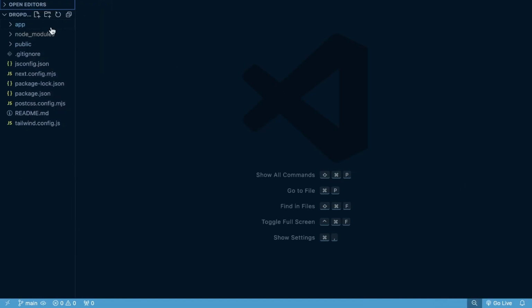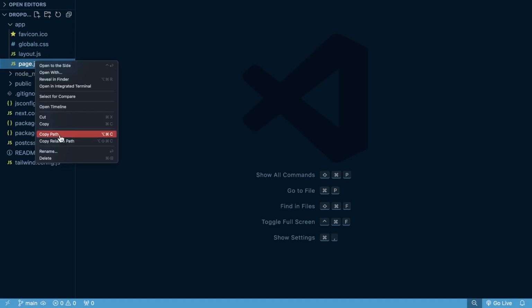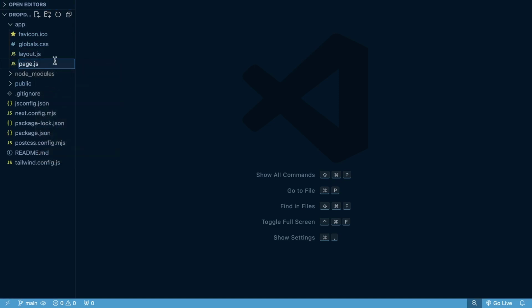So we have our template project, and I'm going to open the app directory here. And then the first thing we're going to do is change page.js to JSX, because that gives me a little bit better code completion the way I have this set up. And if you've watched any of my videos before, you know that I just like the React icon more than the JavaScript one. So within the app directory, the first thing that we're going to do is actually start with